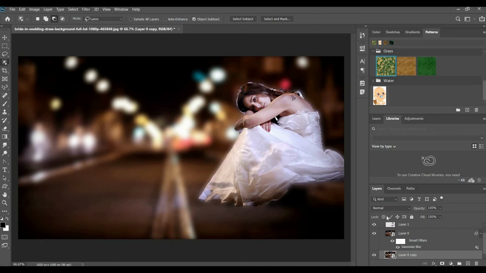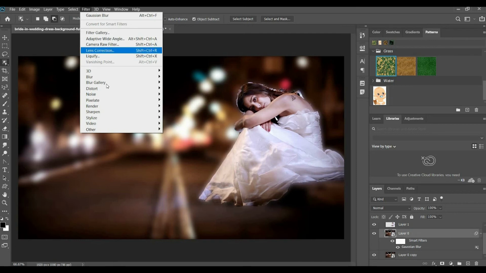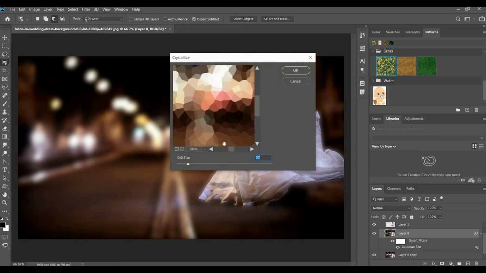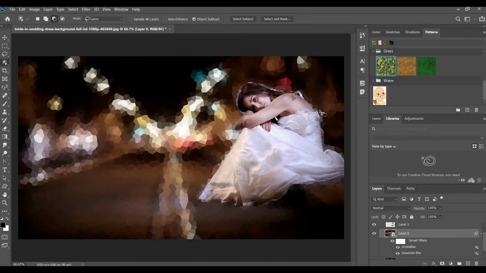Okay, just I am applying the next option, filter, and we can go with crystallize. Okay, just like this. Click on OK. Yes.